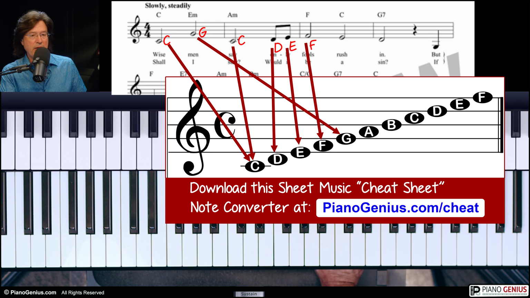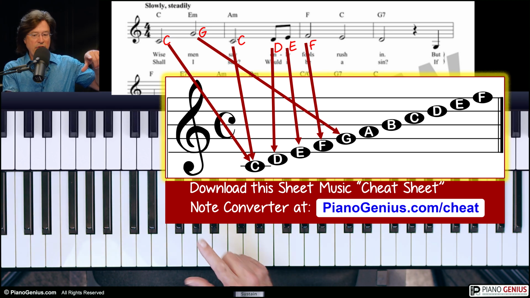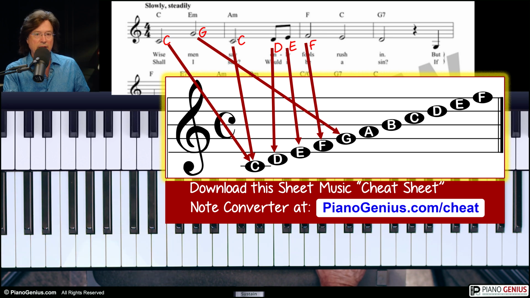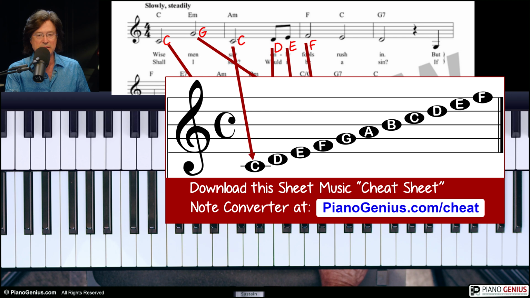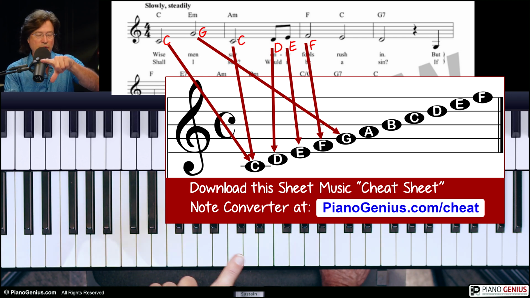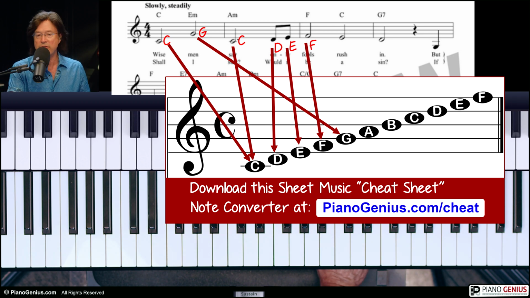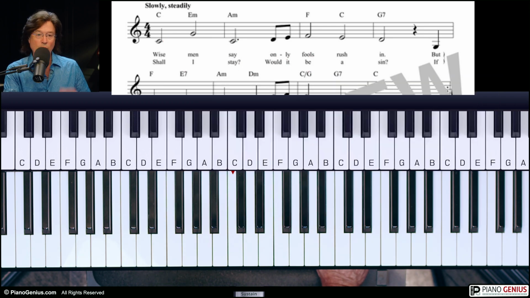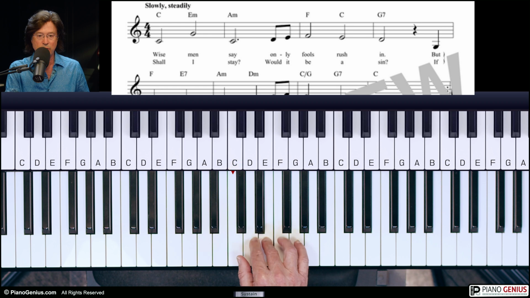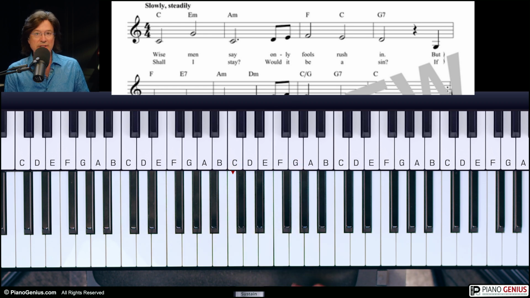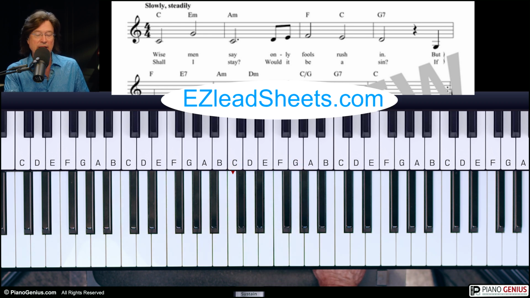Or if you don't want to do that, you can just get the converter that I have, and you can just look and go, oh, okay, that's a G note, that's a C, that's a D, that's an E, that's an F, and you can just go from one to the other. So that's three different ways to be able to figure out the melody. One, just by ear and just kind of work it out like that. Two, easy play lead sheets, and you can go to